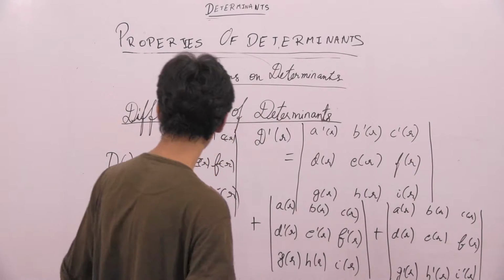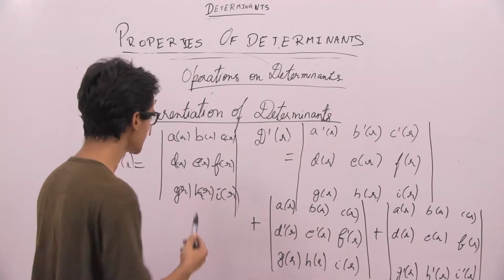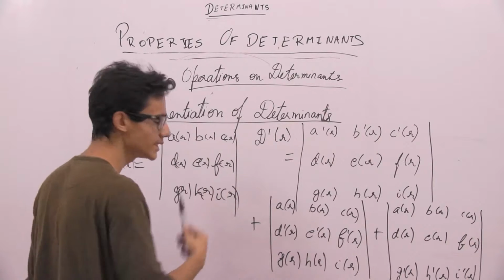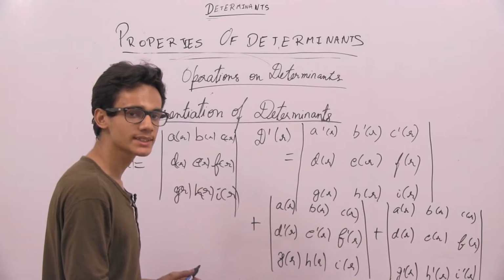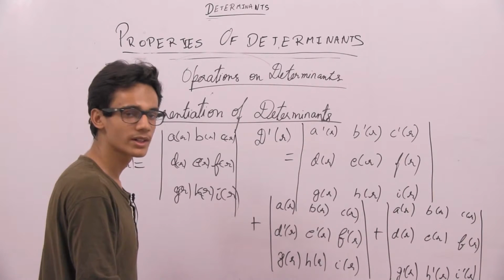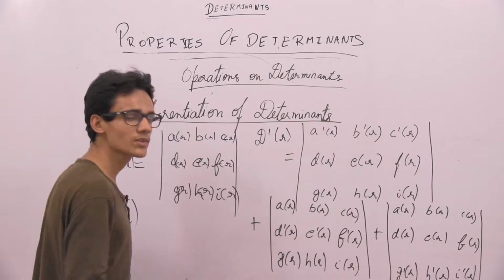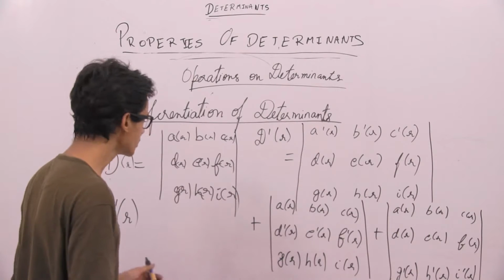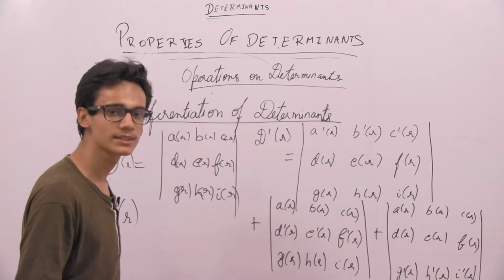So basically, to find the derivative of a determinant, we take the rows one by one. We take the derivative of one row, leaving the other rows as they are. Then we take the derivative of the next row, leaving the other rows as they are. Likewise, we take the derivatives of all the rows one by one and then add all the determinants we got. That's how we find the derivative of a determinant without expanding it. There is no need to expand the determinant. There's this way to find the derivative without expanding.